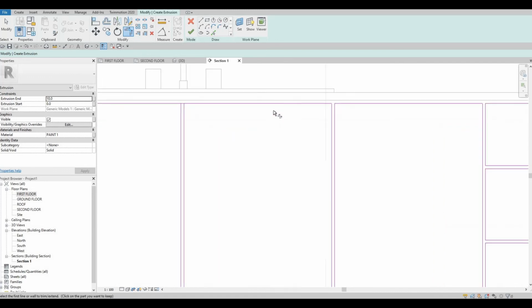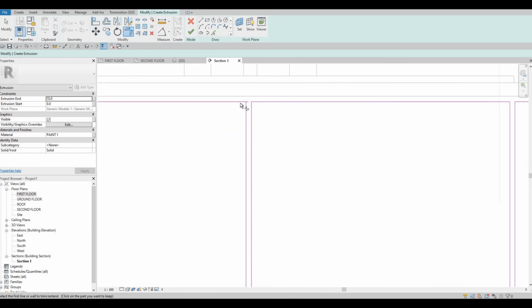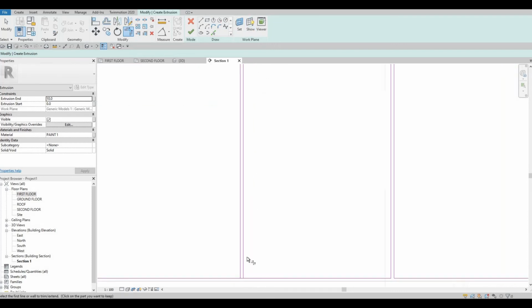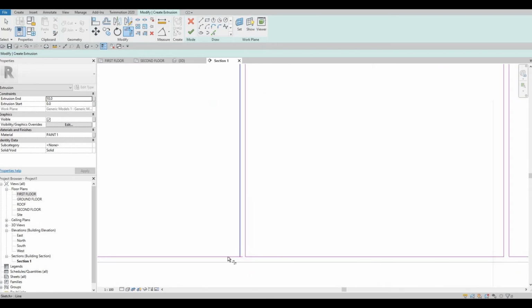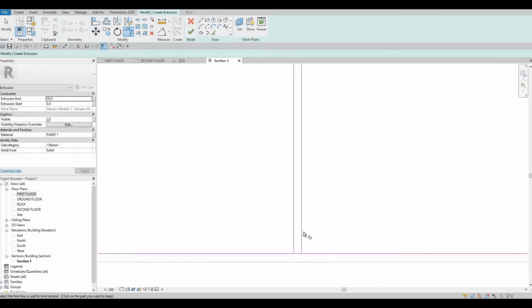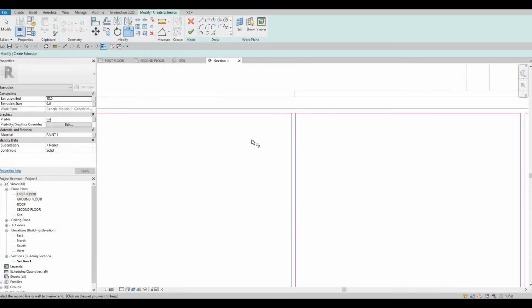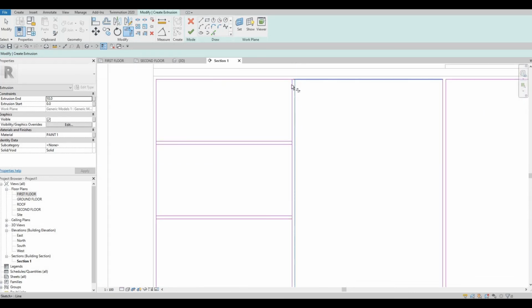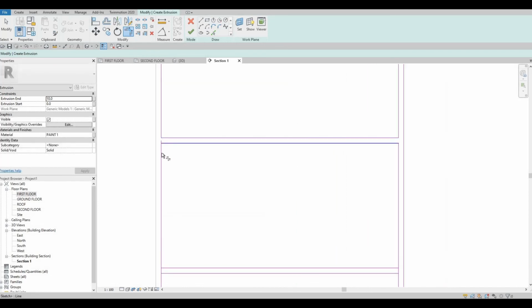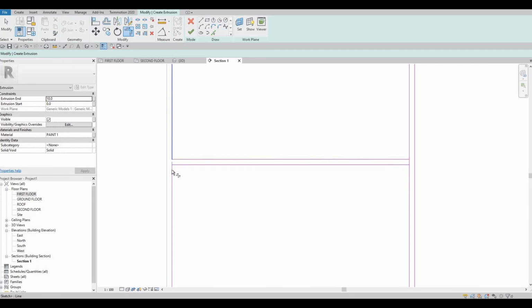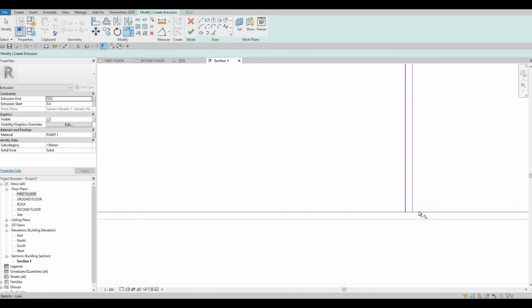So if you miss something, which usually what happens, it's fixable. It doesn't need to be perfect one shot. Okay,